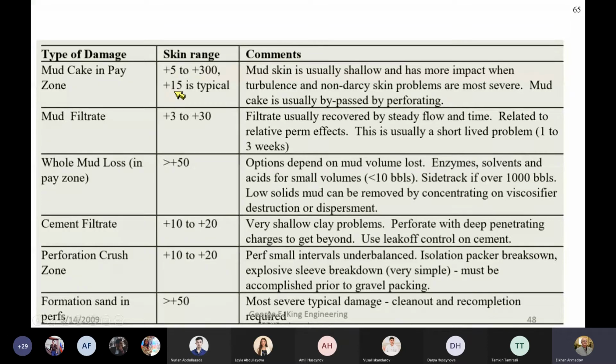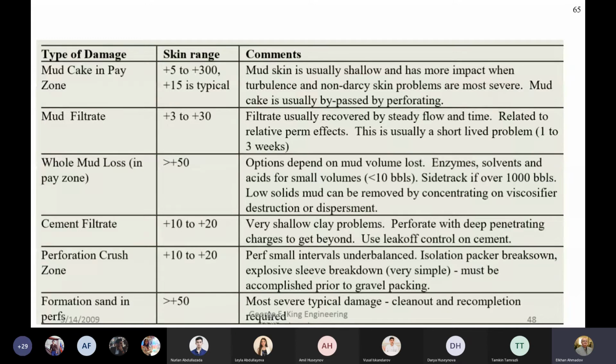Skin means reduction of the productivity by twice, so 15 is almost a 3 times reduction. Okay, so